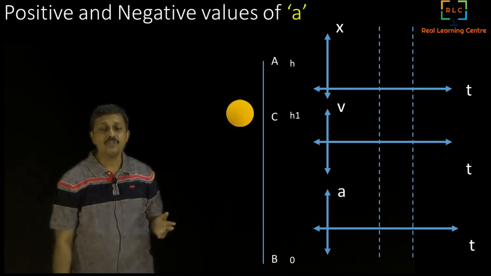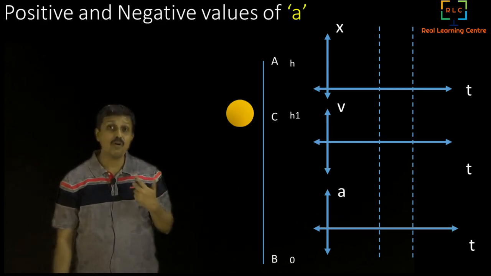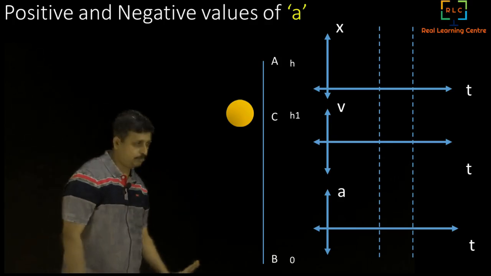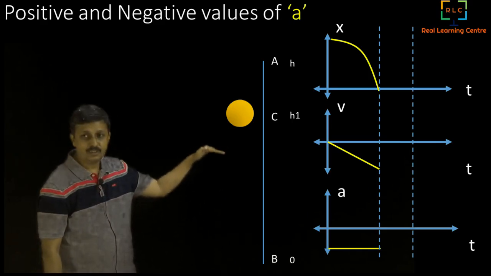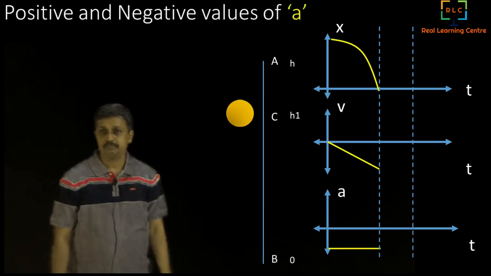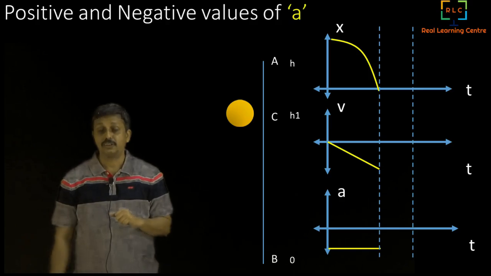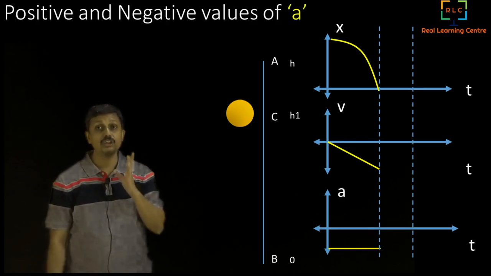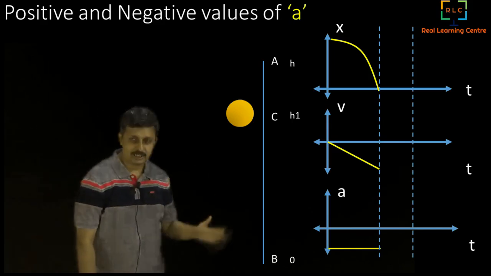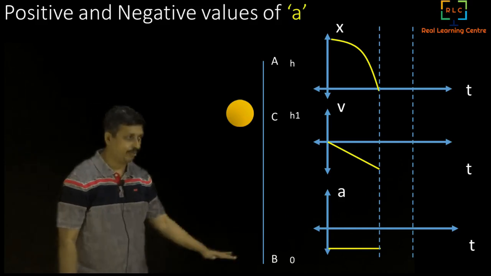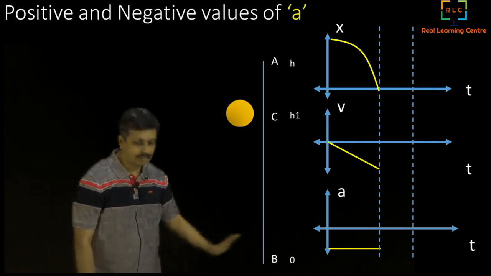Now we will find out the value of velocity. Initially velocity is 0, but velocity will keep on increasing in the negative direction because it is coming towards the ground. We are going to draw that now. You can see the velocity is initially 0 and increasing in the negative direction, till it reaches the point B where it hits the ground. During that time what happens? Acceleration is constant because velocity is simply increasing in the negative direction, so acceleration is constant and also negative, because we are taking acceleration in the same direction as velocity. So it is basically negative